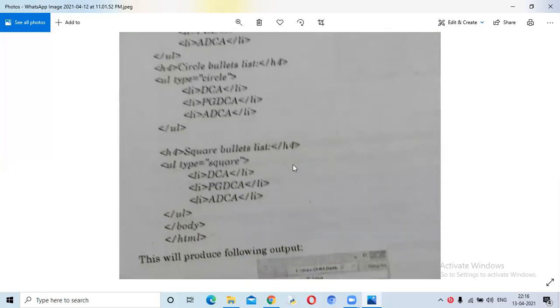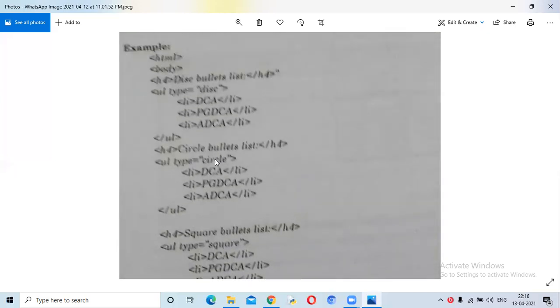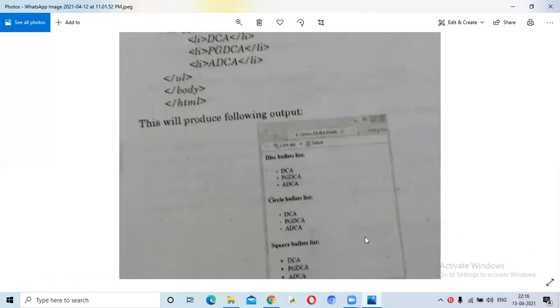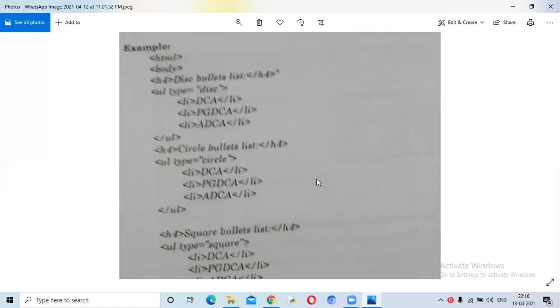So we can use the UL tag for unordered list. So how can we create a list type? So the program is written here. First is HTML, slash HTML, body. Inside the body, here we have to write the heading. Heading tag is H4. Here I use H4. If I don't use anything, then by default the heading will be displayed at size 3. But I mentioned here H4, slash H4. The content here is H4, slash H4.